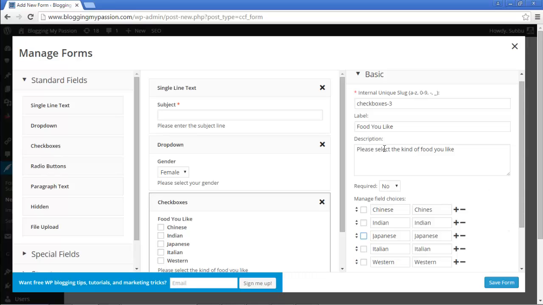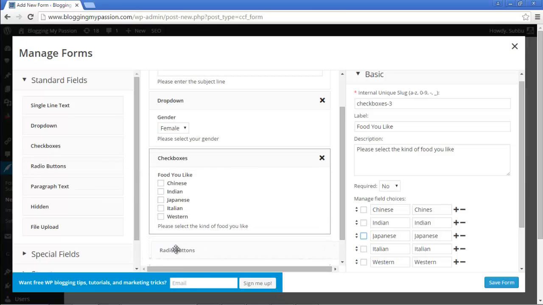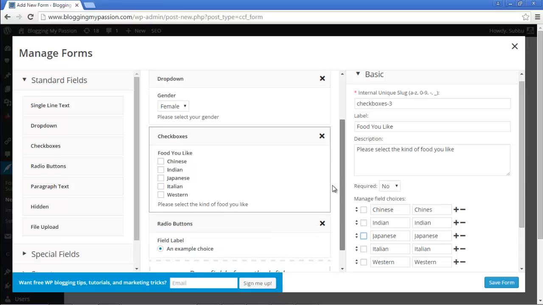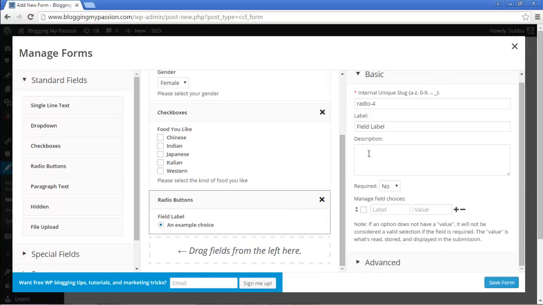Okay, now the next one that we are going to add is, we have added drop downs, checkboxes and radio buttons. Let's add some radio buttons here. So I'm adding some radio buttons here. So once you add this one, just select this one so that you can change these options here. So for the radio buttons, let's put the age here. So age, please select the age limit